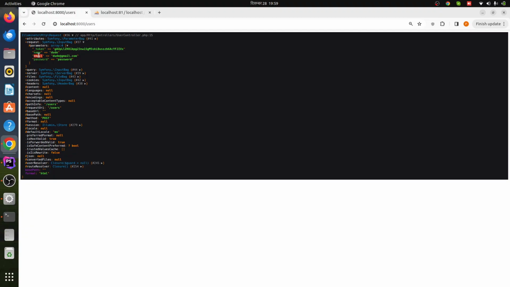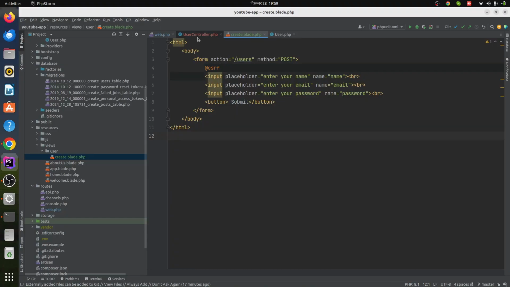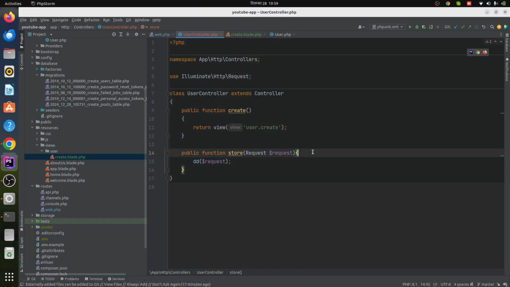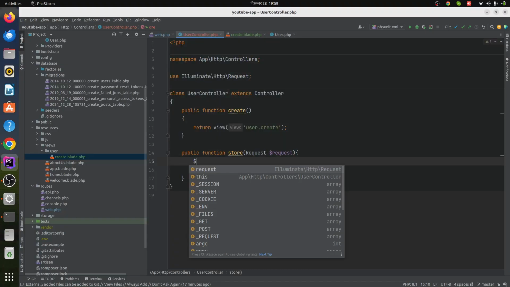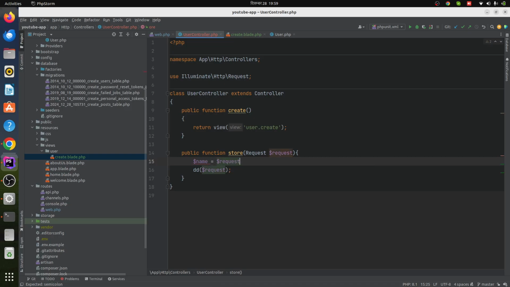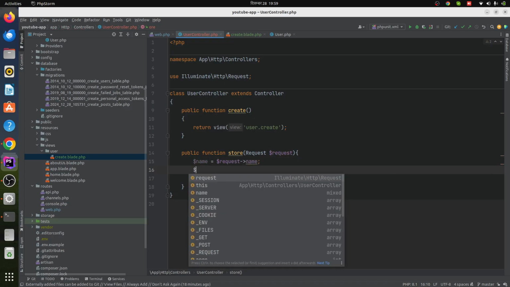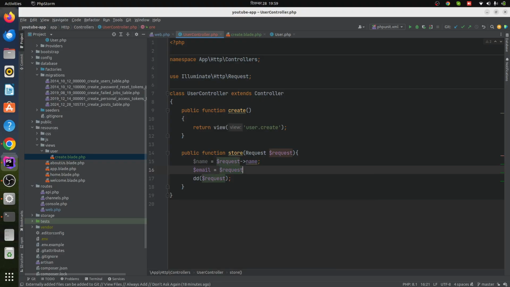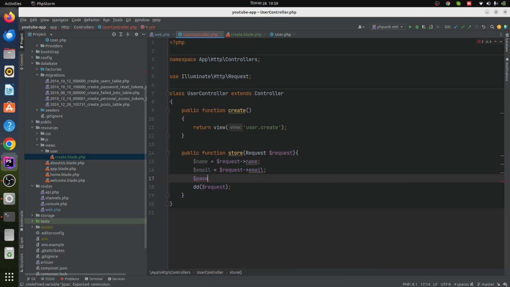And these are the values that we have sent in the request, right? So now to access those values, I'm going to say request name, and email should be request email, and password should be request password,